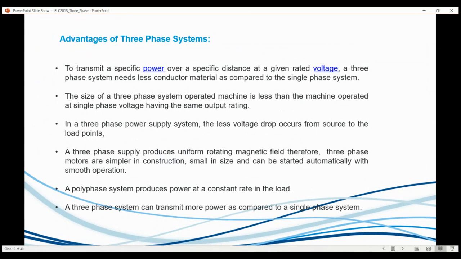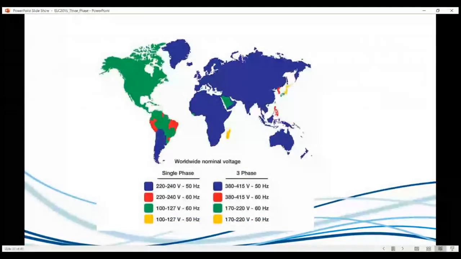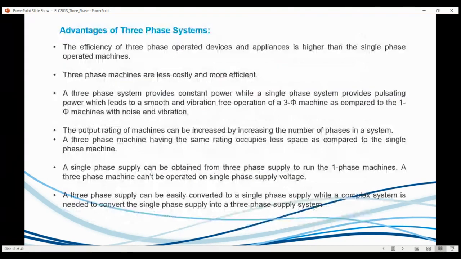And one of the reasons why, obviously, is because of the configurations, we can get more voltages. If you compare the two, single phase is around 200, and three phase can obviously generate more voltage. If you think about the laws of electromagnetic induction, you have more conductors, a bigger magnetic field, so we get a higher voltage essentially. There's more: three-phase machines are more efficient